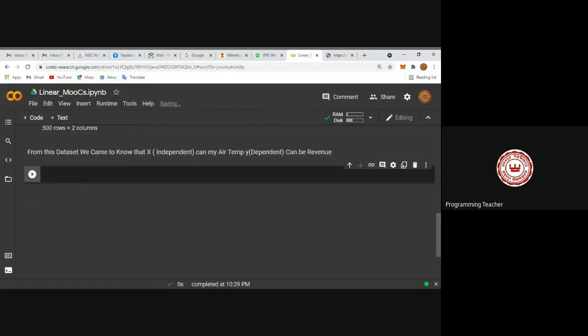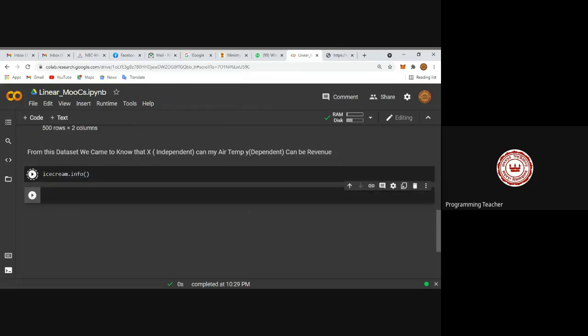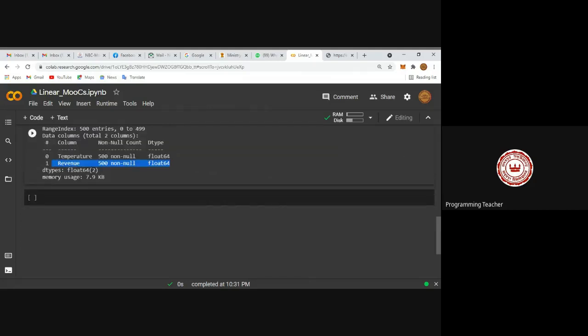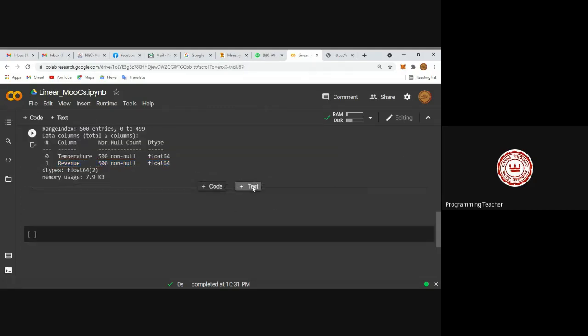Now let's try to do the EDA. So I am taking ice cream.info, and I know that there are only two columns, revenue and temperature. All are containing float values. That's great. Before starting any regression, please take this note very carefully.